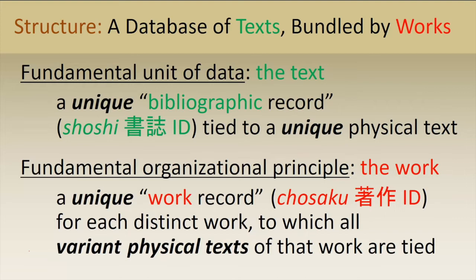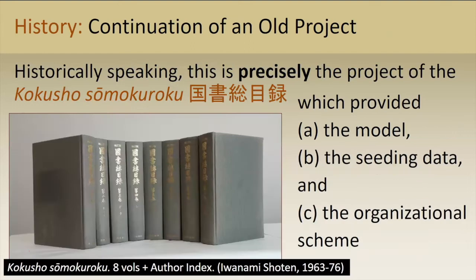The result is a two-tier database of text and works in which all variant texts containing a given work are tied to the record for that work, meaning that each work record effectively bundles together a number of distinct bibliographic records. Finally, when NIJL's database is called the continuation of the Kokusho Somokuroku, this is because that earlier project provided